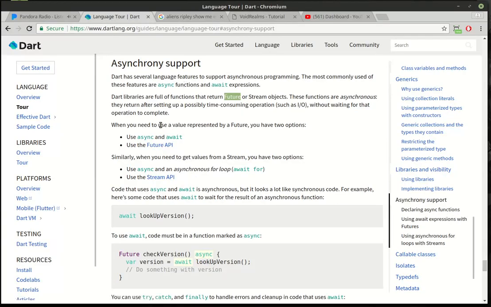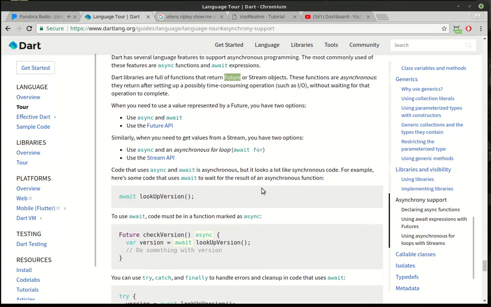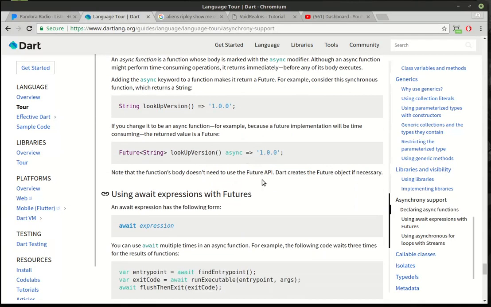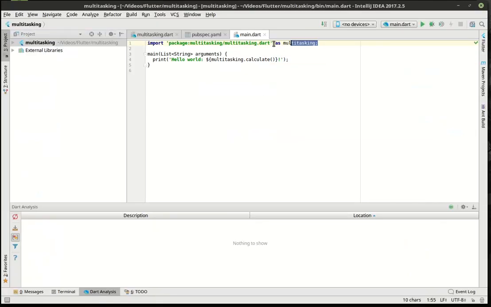Now, if you've never worked with asynchronous programming, reading the official Dart documentation can be a little bit confusing and not really for the faint of heart, although it's actually broken down very well. It's just a very complex topic and a very advanced topic, and even seasoned programmers make some very bad mistakes. So I apologize in advance if this tutorial has some mistakes, and I'm sure everybody on YouTube will point them out. I have to chuckle when I say that because they do point them out. All right, so